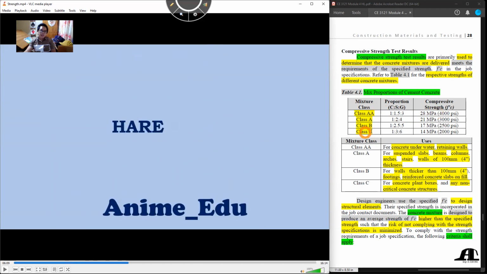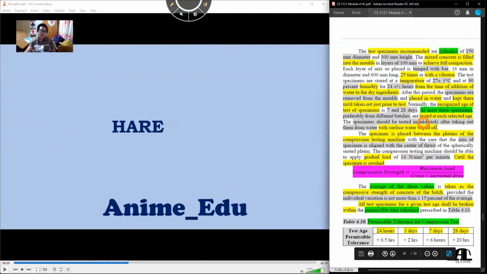So for a given mixture class of, or mixed proportion of cement class, meron tayong supposedly compressive strength. So gagamitin natin yan dito, no? Okay? So technically class, meron lang tayong criteria for a job specification. Meron tayong criteria class para masabi natin kung pass or failed by batch. Okay? So dito class, ang galawan natin is by batch. Yun yung ipapass or fail natin. Hindi yung individual test. Okay? Baka kung titignan nyo class from the test a while ago, class, dapat a minimum of at least 3 specimens tayo.